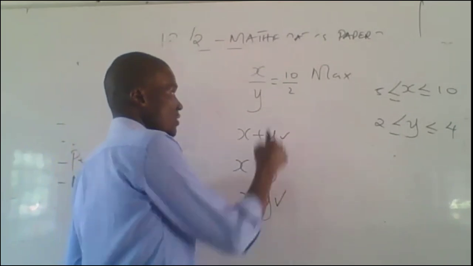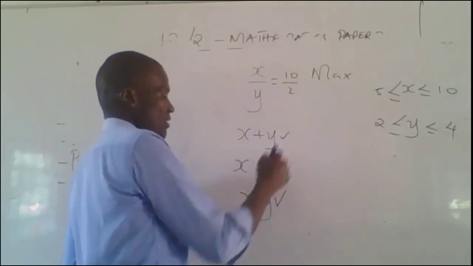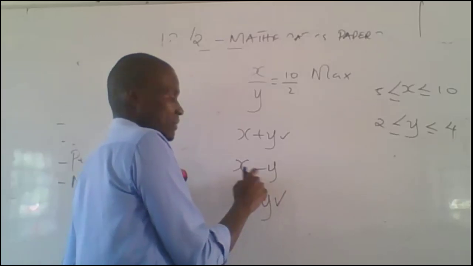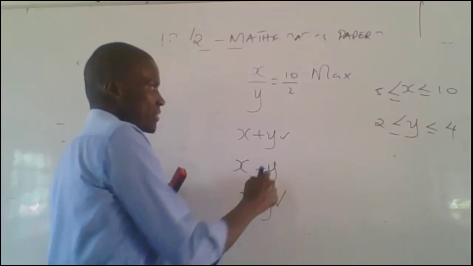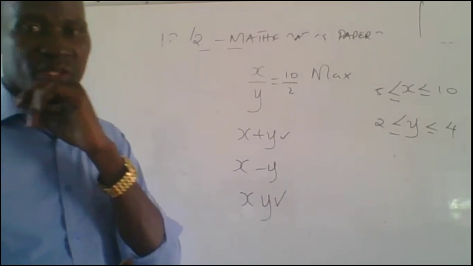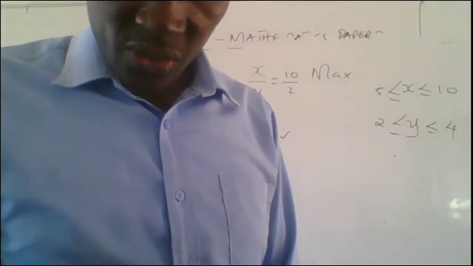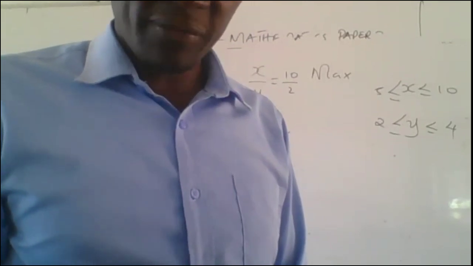If it is subtraction, then I'll go back to borrow this. Maximum here will be maximum X minus minimum Y. Minimum here will be minimum X minus the maximum value of Y. So that is something that we should be in a position to work out or to get whenever we are dealing with